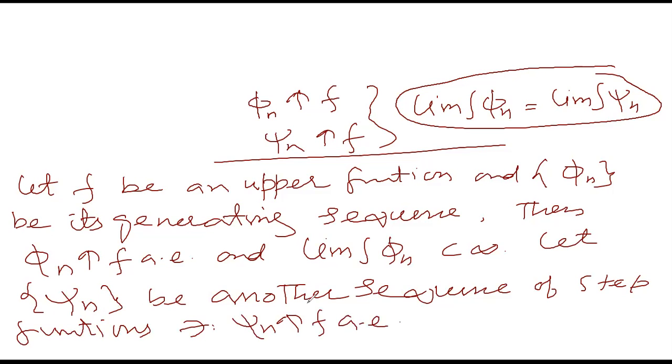So we have two sequences of step functions. One is phi n, such that phi n increases to f, and the second is psi n, such that psi n increases to f. Then, using this, if we have two sequences,